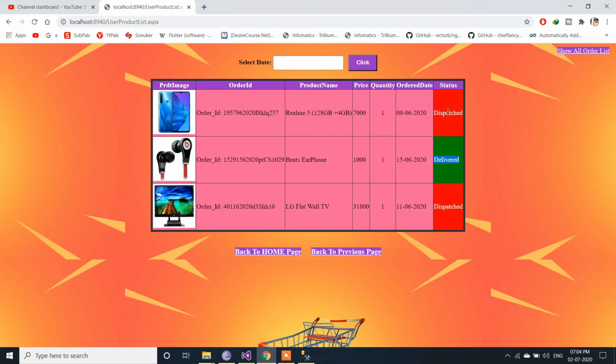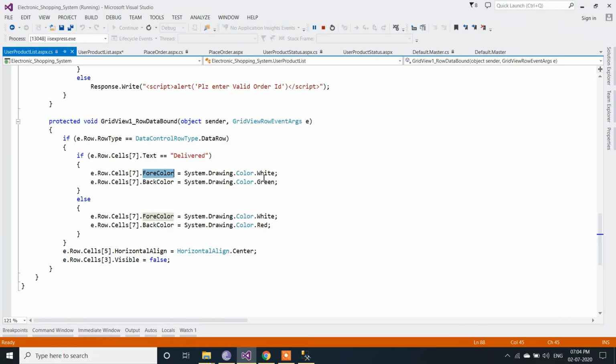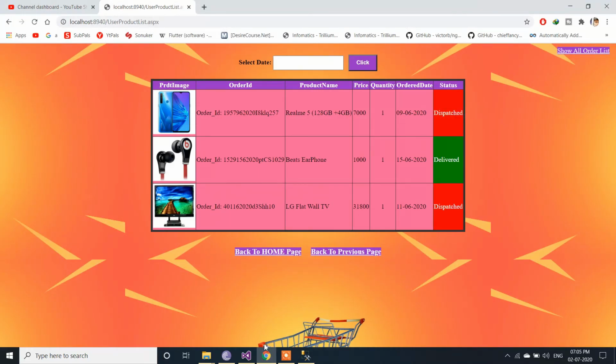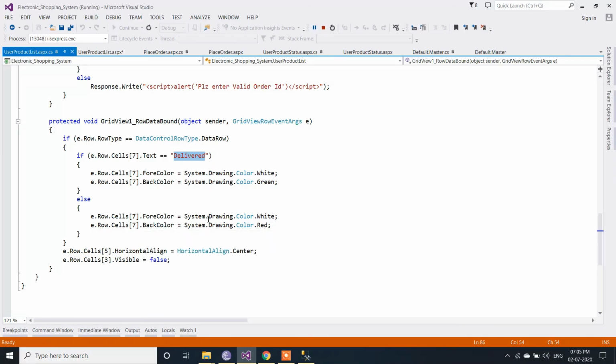You can see the text color is white for both Dispatch and Deliver, but the background color changes. So it will set the fore color as white and the back color as green if the status value is Deliver. If the value of status is the other one, Dispatch, then it will set the fore color as white and the back color as red.